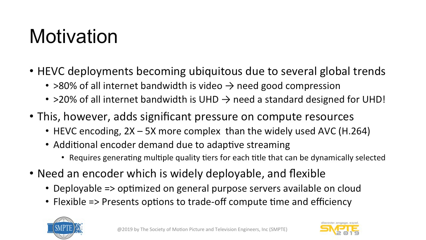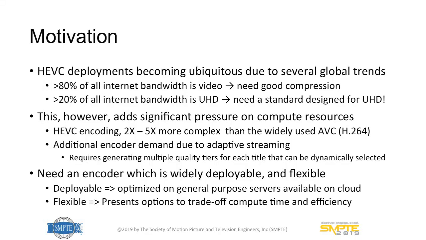The main technological challenge behind HEVC is that as a codec, it is significantly more complex than existing codecs that are in deployment such as AVC. There have been notions of 2 to 5x complexity, which obviously is a significant increase in compute, but that's not the only reason why there's a significant increase in compute. We also have now adaptive bitrate streaming, which means that for every title that you're going to be encoding and streaming, you need to have different resolutions and different frame rates and possibly different bit rates. So for every title, we're already talking about a multifold increase in the complexity and the compute required for the encoder, which is going to make things a lot more difficult and for us a lot more interesting.